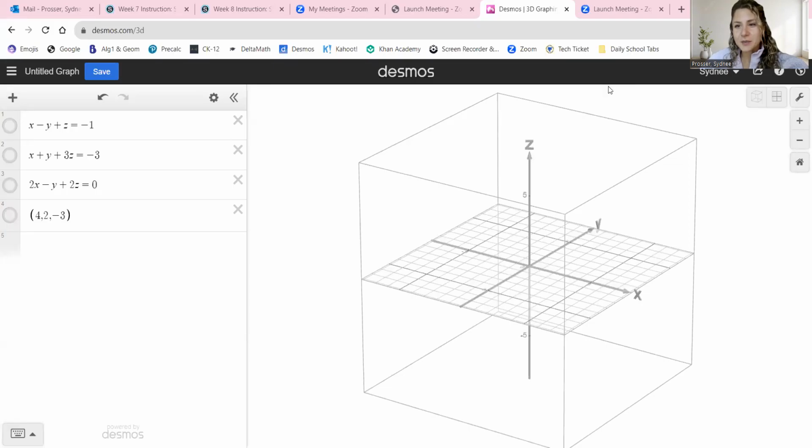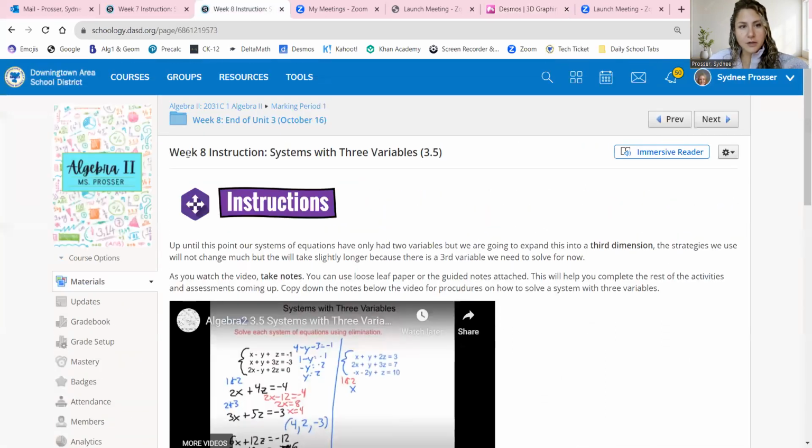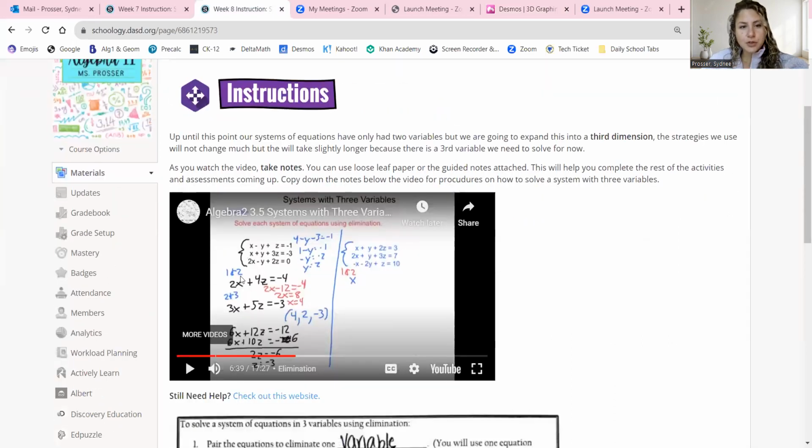Hi guys, so I just wanted to take a minute and show you a visual for the very first problem in the instructional video for this week. This problem right here. So if you're on the week 8 instruction for the 3.5 lesson, I want to show you a visual of this problem right here, this system of equations that has three equations, three unknown variables,